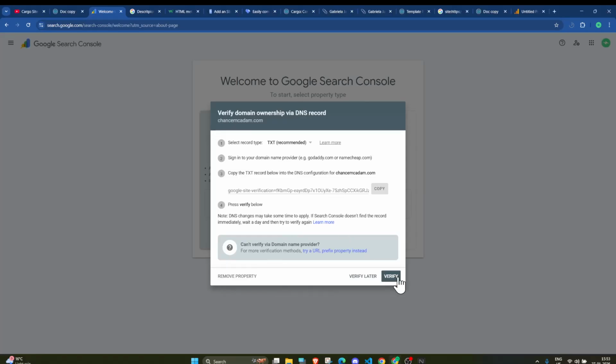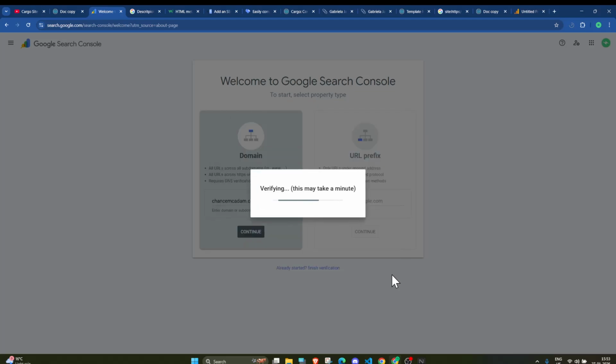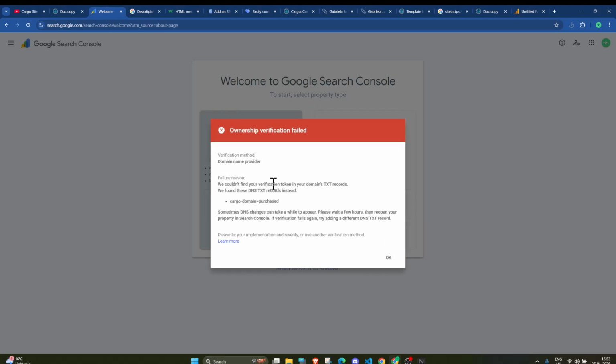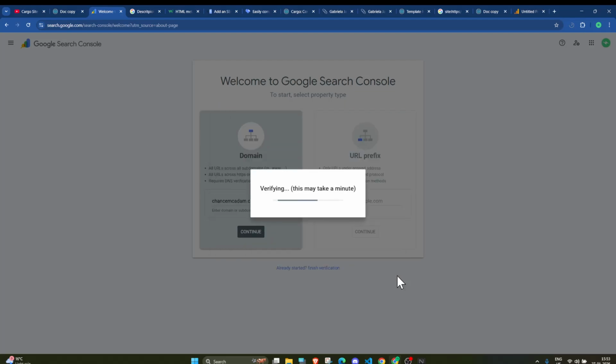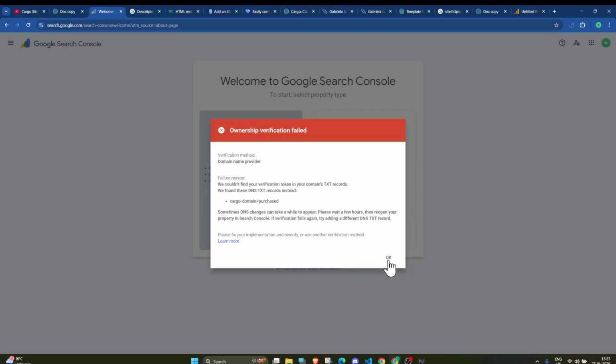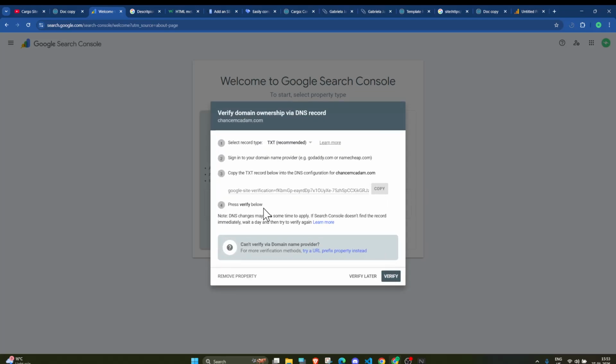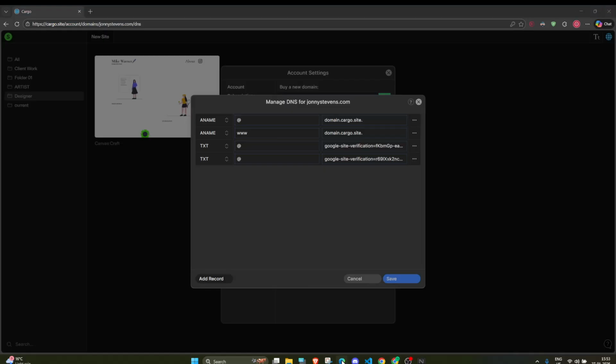Now you need to click on verify after adding the record. Okay, it is showing an error. Let me click on verify again, because it might take some time. Okay, I have added it in the wrong domain. This was the correct domain. My bad.